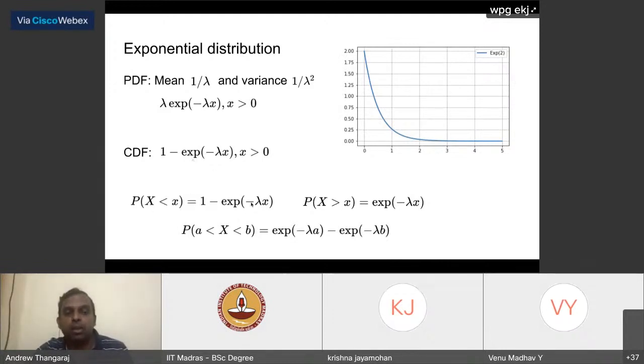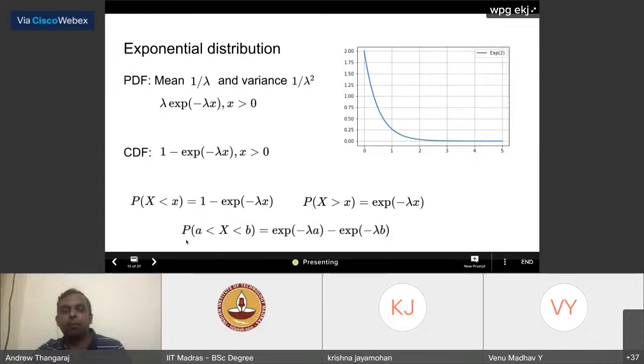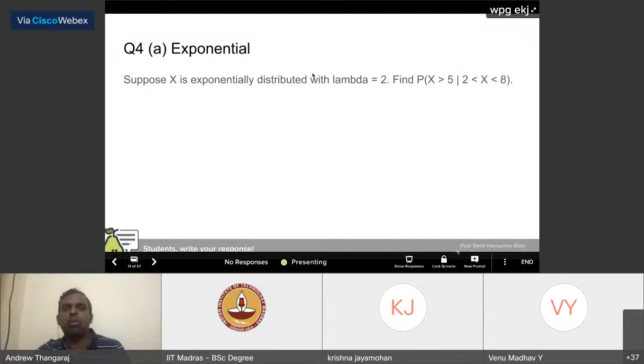Okay. So you see, once you know the CDF, everything is expressed in terms of the CDF in a very simple way, and you just plug it in, you'll get the answer, right? So less than x is the CDF itself. Greater than x is 1 minus CDF. Between a and b, if you do 1 minus, 1 minus, you'll get this answer. Okay, simple enough. So answers for the exponential distribution you can express in terms of e power, in this session at least. Okay, so let's move on. I have only one problem in exponential, a simple problem, very quickly done.